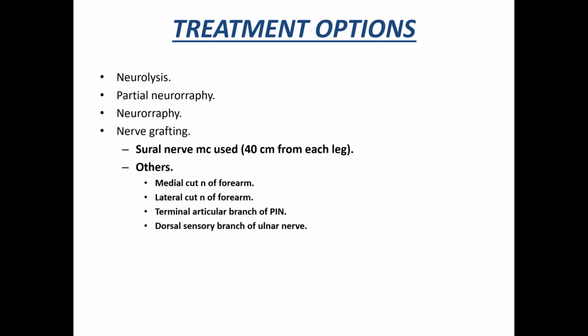Many times, because of delay, number one, and maybe because of extensive damage to the nerve, we may not be able to approximate the cut ends in the nerve to each other. In that case, we might have to do something called as nerve grafting. Now, nerve grafting is a procedure in which a sacrificable or a dispensable nerve is taken from some other side, and it is used to interpose the cut ends of the injured nerve. The most commonly used nerve for nerve grafting is sural nerve, which is taken from the leg, because it supplies only a very small strip of sensory innervation around the lateral border of the foot, and it is used to graft any other injured nerve in the body.